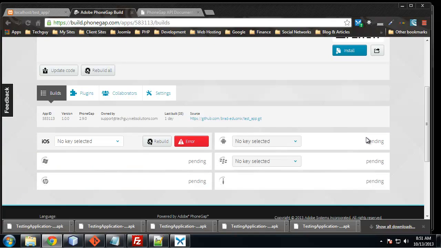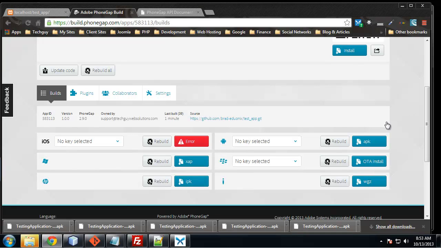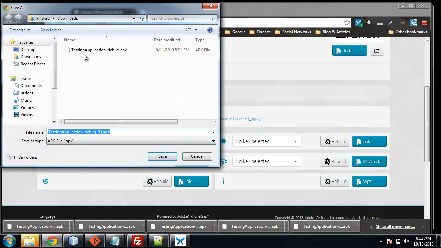Wait for the APK. I'm going to plug my device in. Alright, so all the files are generated. Let's download the APK. We'll overwrite the current one,